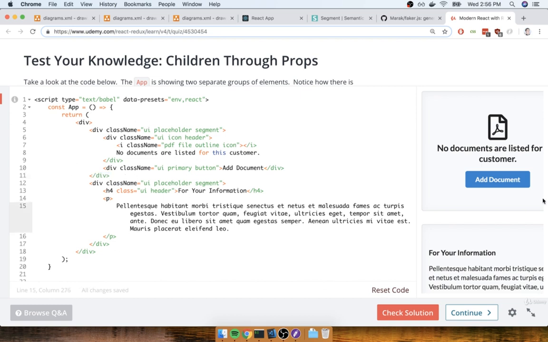So you should result in something that looks identical, but now has an additional component that can be reused very easily in the future without necessarily having to memorize these class names. Okay, so try not to overthink it. You really only have to change a couple of lines of code in here after creating that new component. And don't forget to render some children inside of a new component.